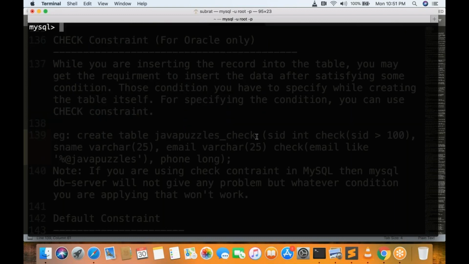Now we'll try to insert some record, insert into student. Here we'll provide a student id, student name, student email, and city. Now we'll insert some 67. Student name,